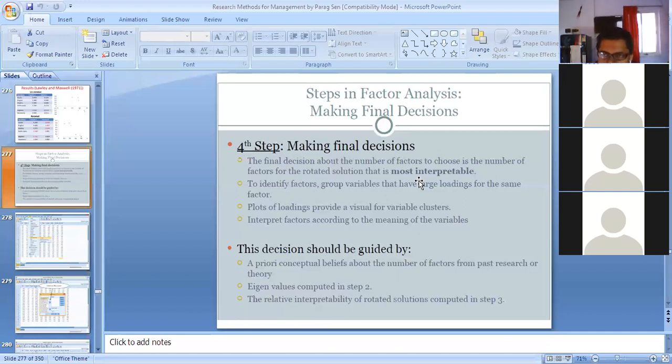You need to give the factor or construct a proper name, and you need to mention in your paper that these are the underlying variables of this particular factor.